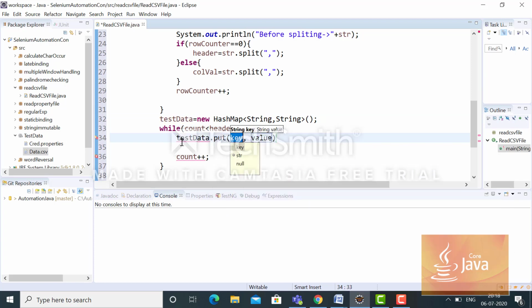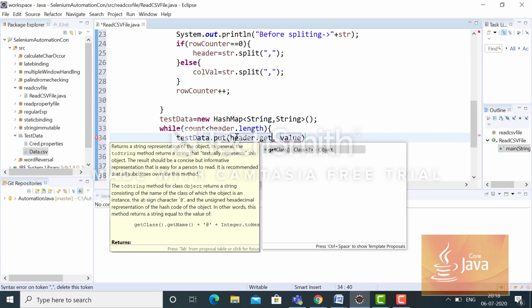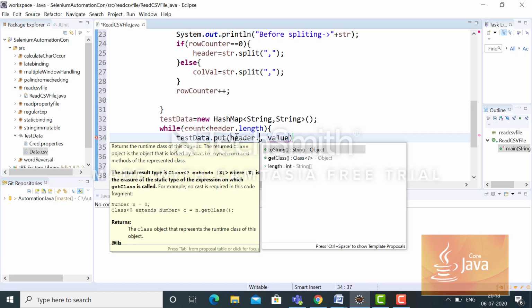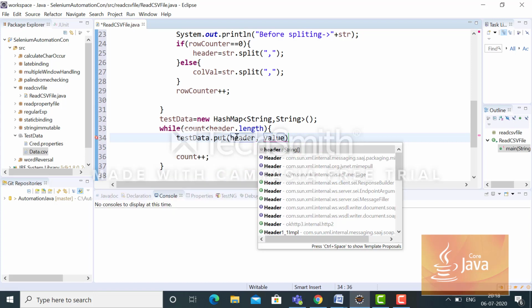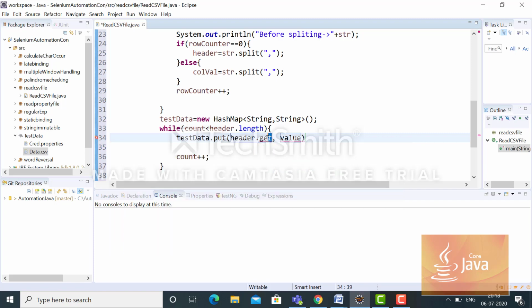There is a method called put, and in it, what will be the key? The key will be the header. Sorry, this is a string array, so I have to use this one only.